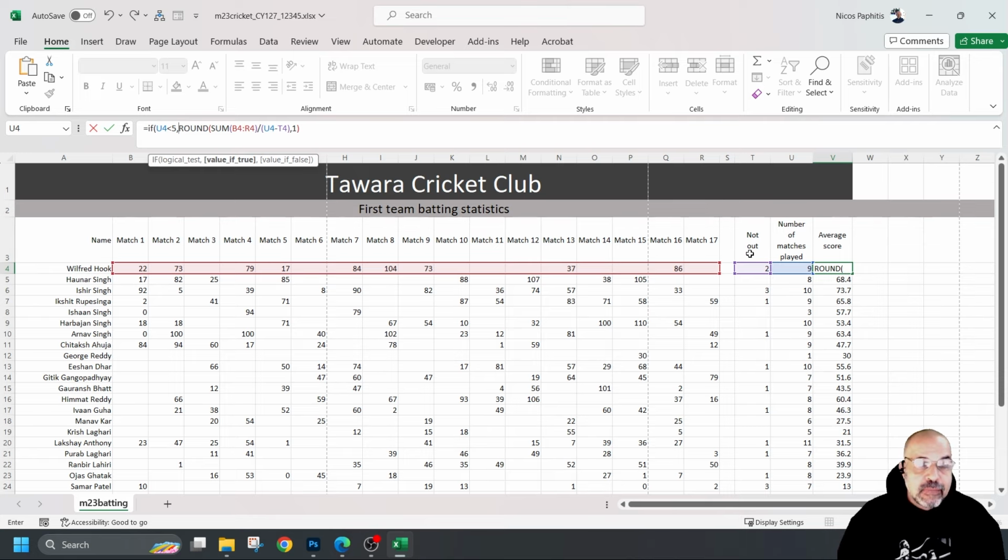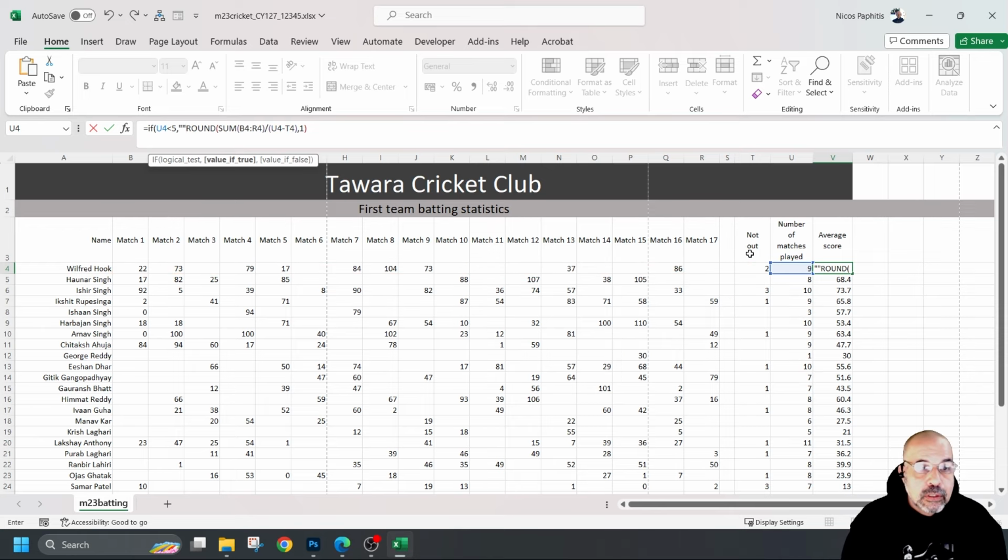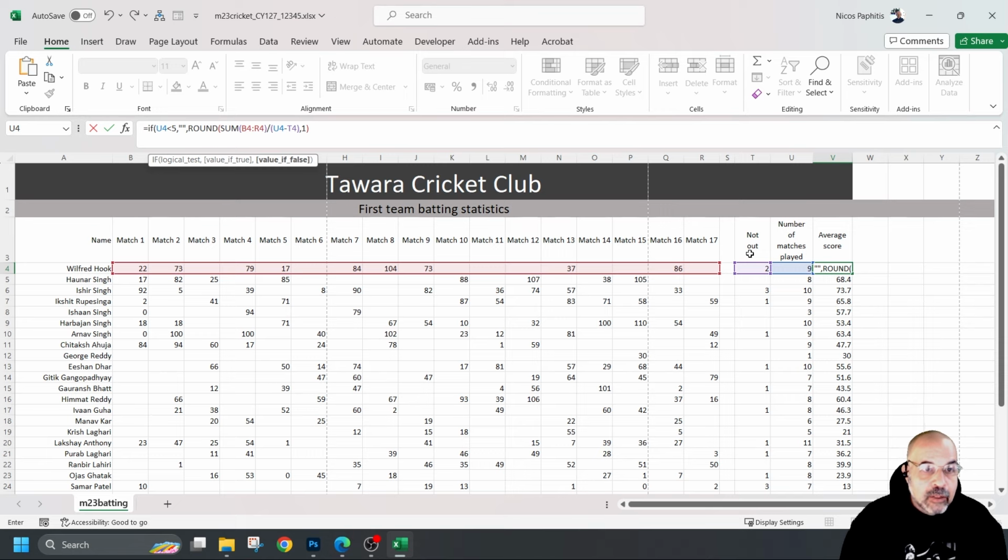Now, if my statement is true and it is less than 5, then I want to return nothing. So I'm going to put double speech marks like that and comma. This is my criteria or my statement, this is my result if my statement is true, and then this is my result if my statement is false, which will be if what's inside U4 is either 5 or larger than 5. So I'm just going to close my if statement here with my bracket,